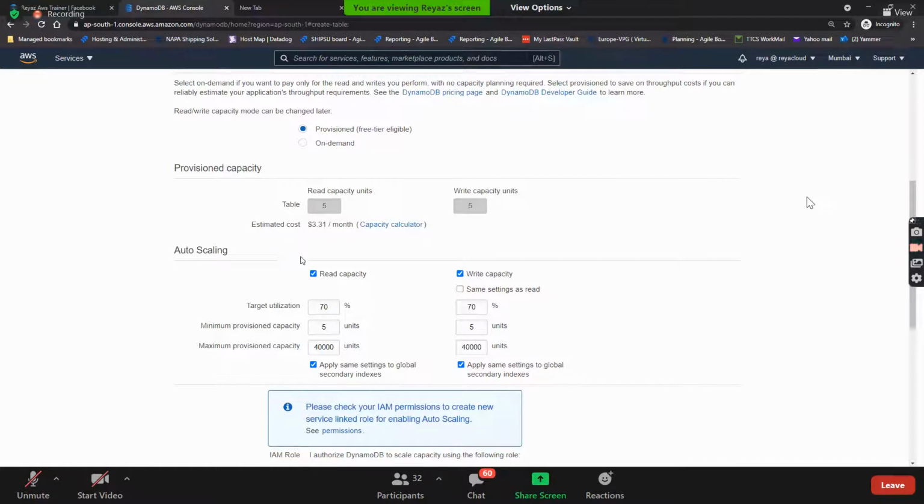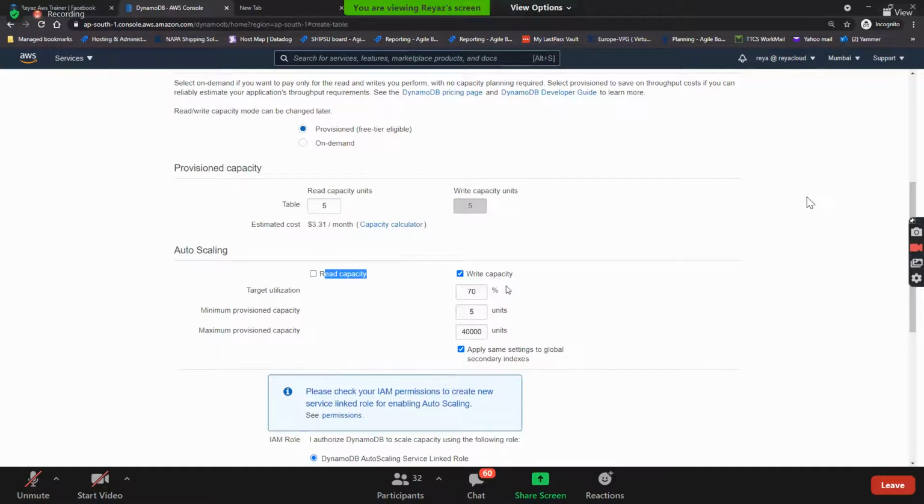What is auto scaling here? You have given only 5, but what happens if your capacity has reached 5 already? If it has reached 5, your performance will become slow. So you can mention the maximum provisioned capacity, maximum RCUs and maximum WCUs, and then this will do the auto scaling on your read capacity and write capacity units also.